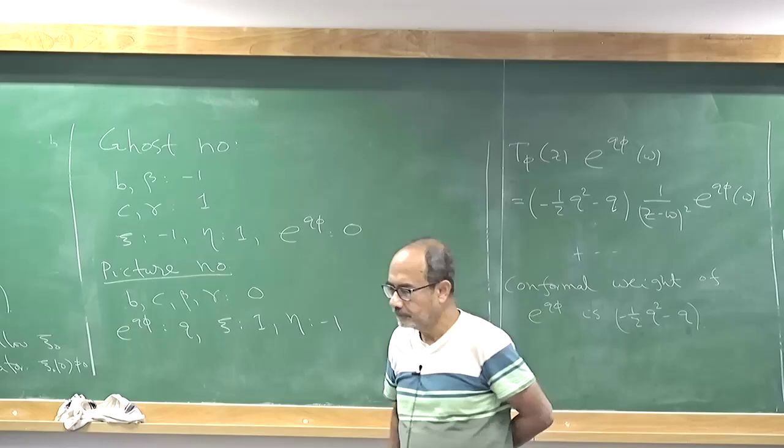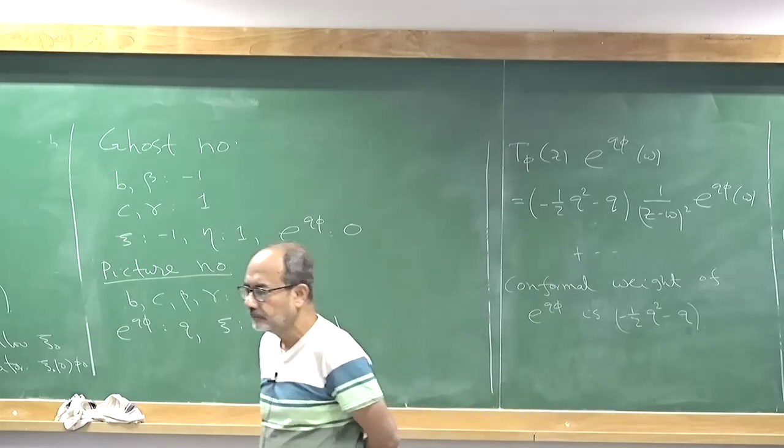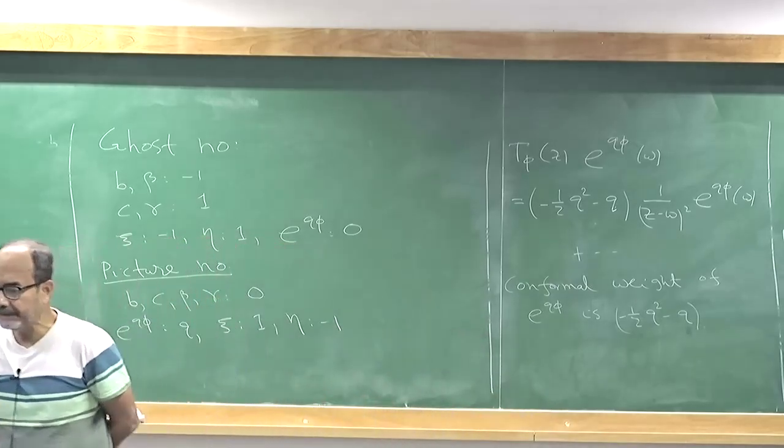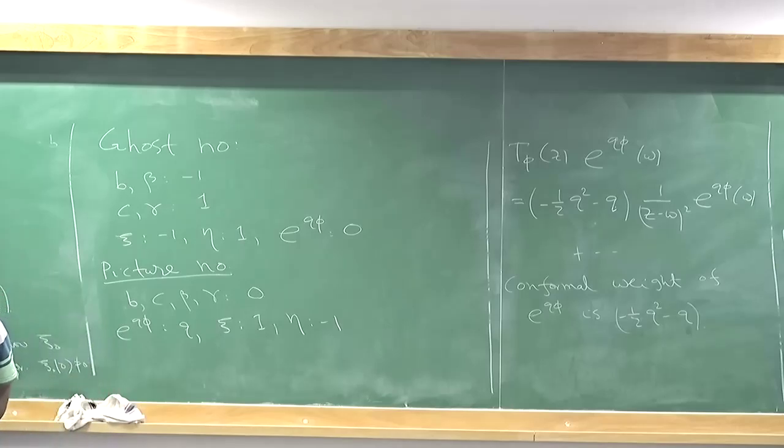We didn't try any action for these. We don't need it, or can we write it? We can write it, but the action is not very useful. Action is again xi del bar eta, right? There, but it is clear to see that